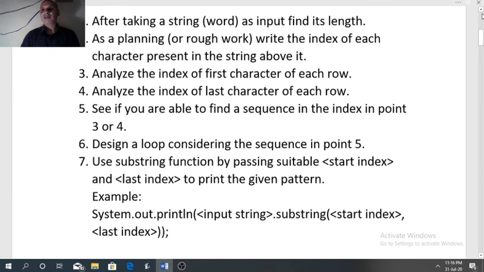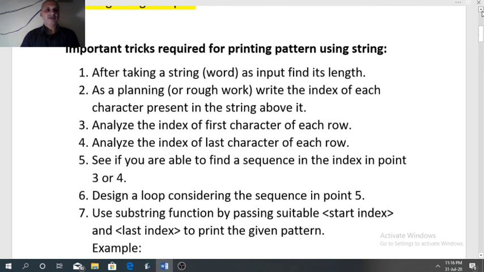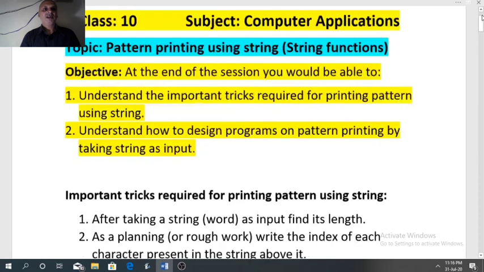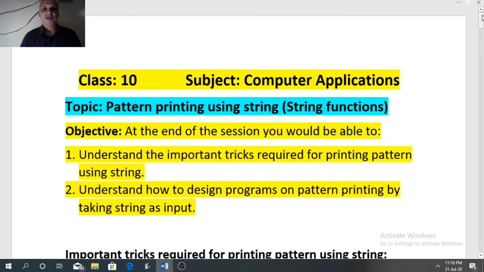Then we discussed 3 programs. So that is the end of today's session. Please revise all these tricks and all the patterns that I have explained today.